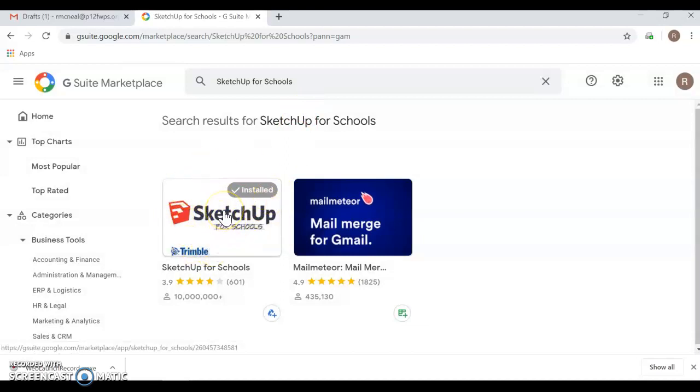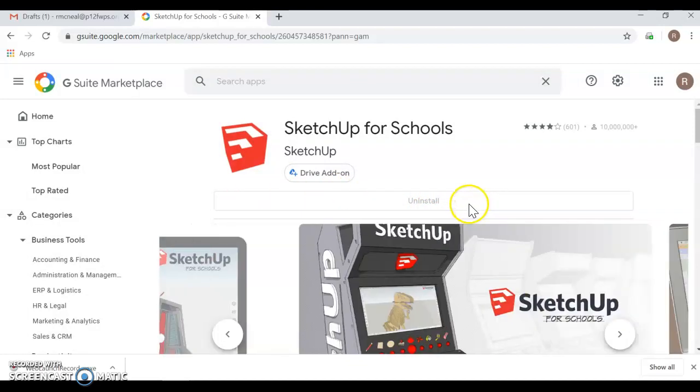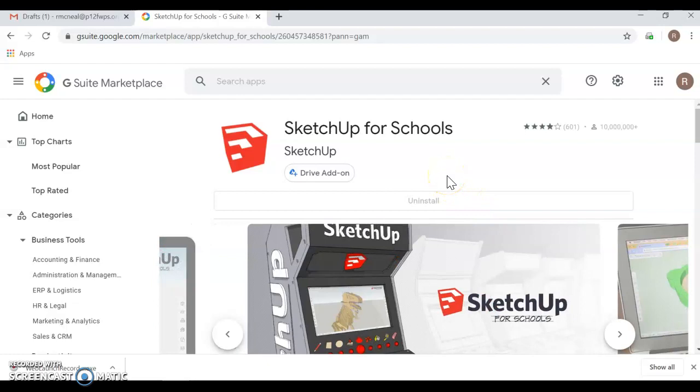You're going to click the little icon here. And on yours, where it says uninstall, on mine, it should say install. Click that and then it'll add it to the Google Suite and you'll be good to go to finish your